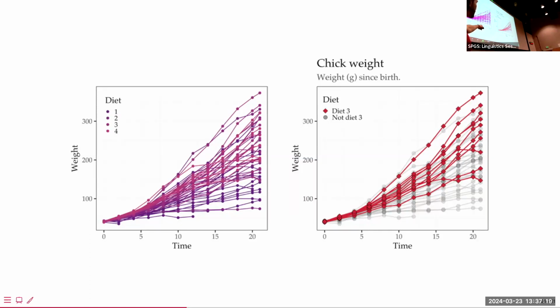But when I look at this, if two things are different, or you want people to see them as different, make them very different. Again, that's the idea here. So if I use these gray ones, I can still see what's going on. But if I don't care about distinguishing between 1, 2, and 4, then something like this can make a lot of sense, right? And if you want people to be able to see the difference, maybe you can use contrasting shapes in the circles or something like that. You'll see here what we have in red, I'm using diamonds, and the others, not 3, are circles. So that's an idea of how I apply that